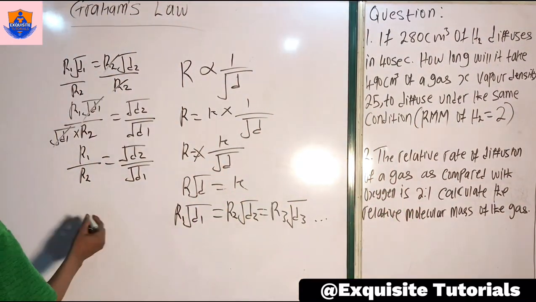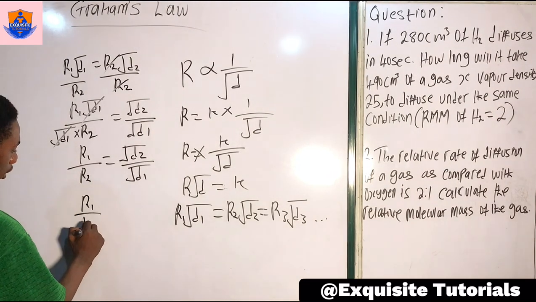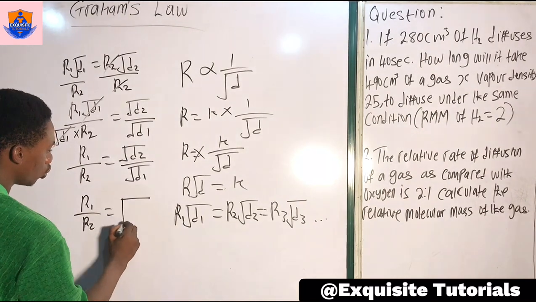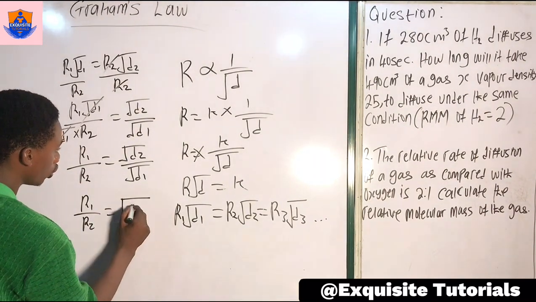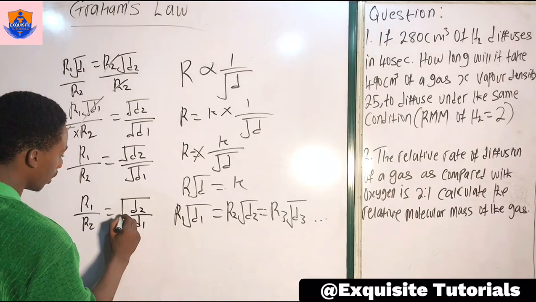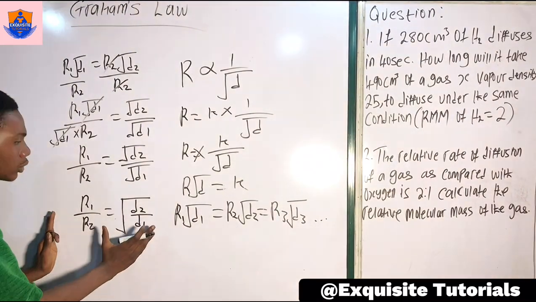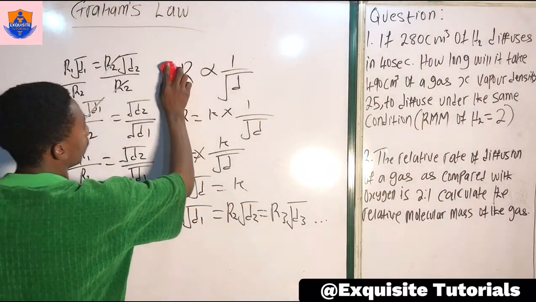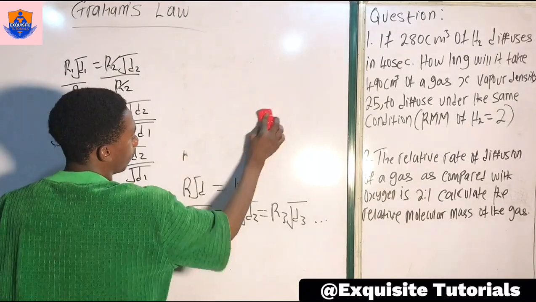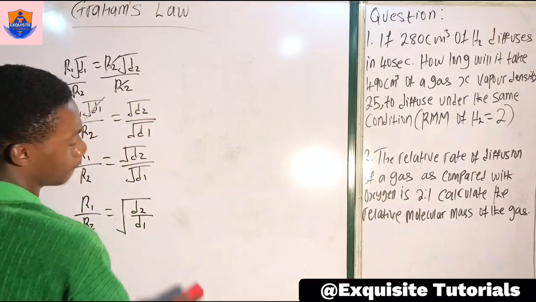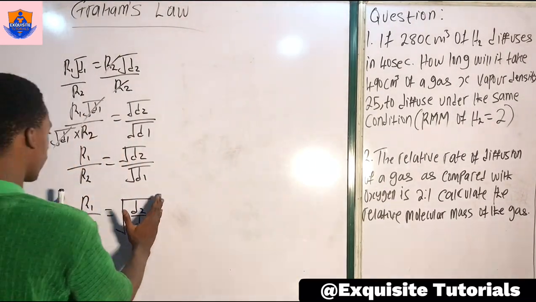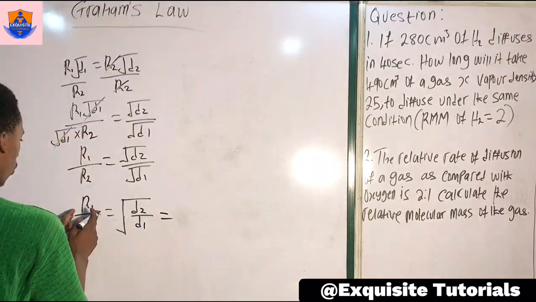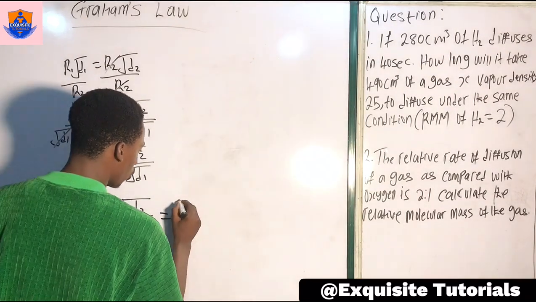I'm trying to tell you that if we have R1 over R2, since both of them are in root, you can take it as root D2 over D1, everything in root. So from here, we could also say R1 over R2 is equal to root